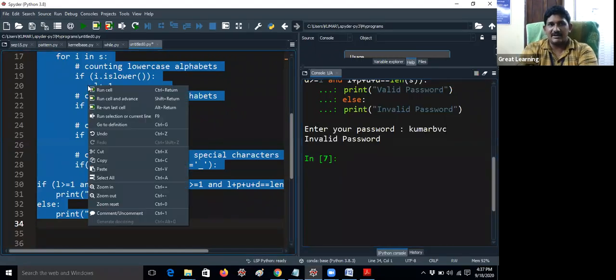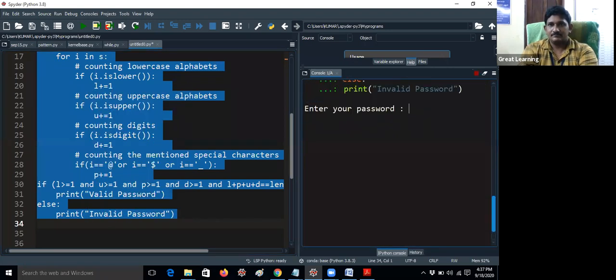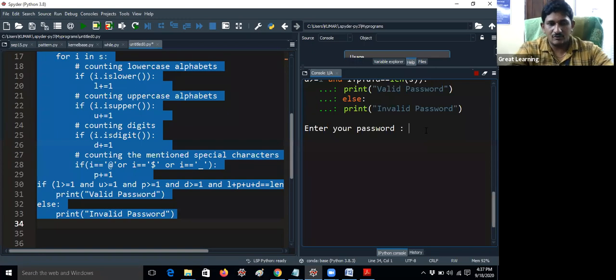Let me run again. Enter your password. I'm giving K capital, and instead of A, I'm giving @R, then 456. Here an uppercase letter is there, a lowercase letter is there, a special character is there, a digit is also there. This is the correct password.